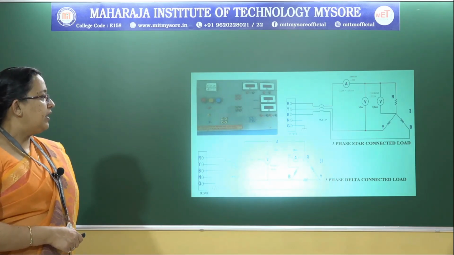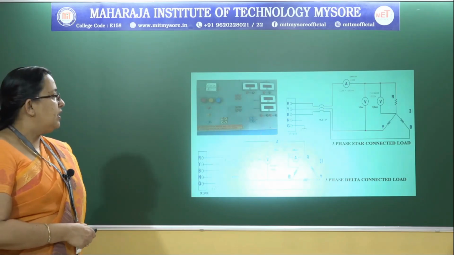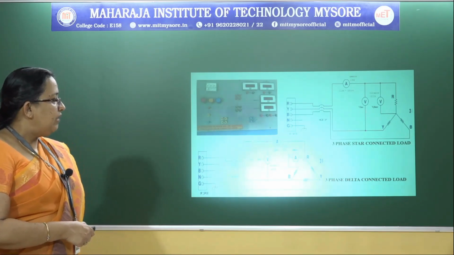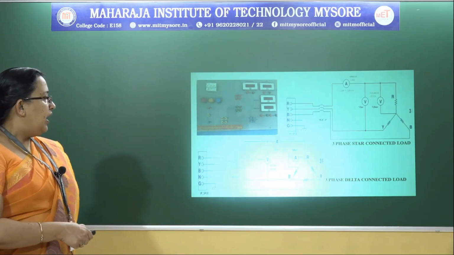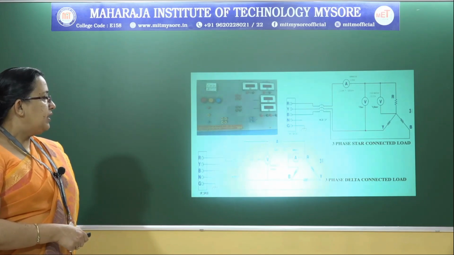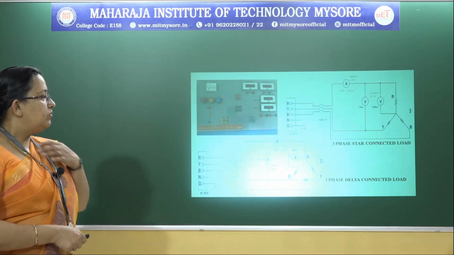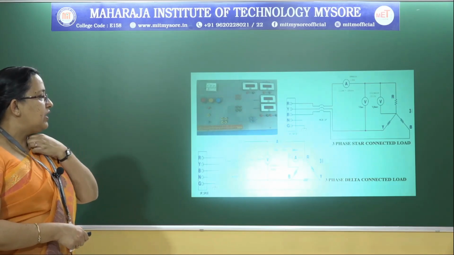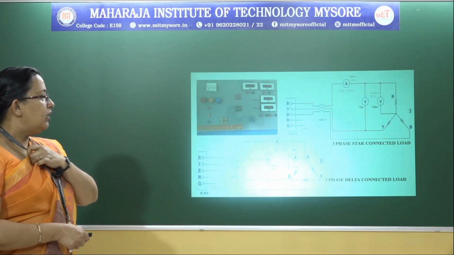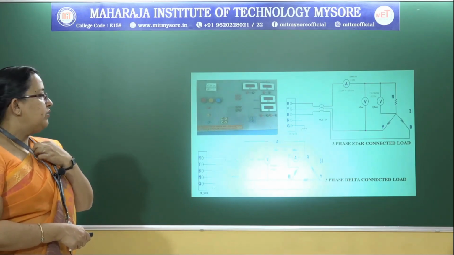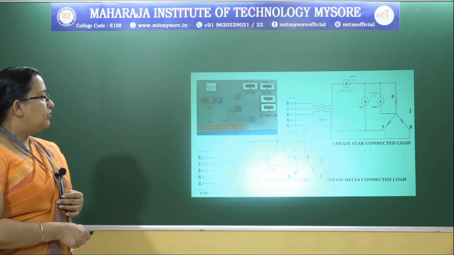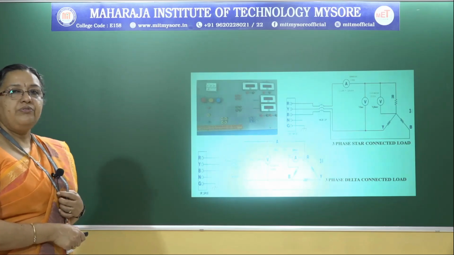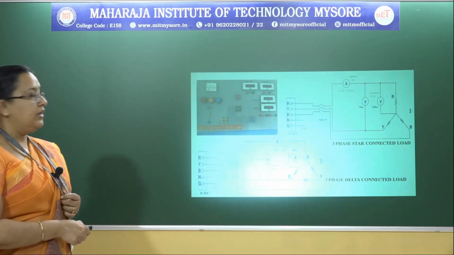And for the ammeters, we require two here. One is connected in the line. This ammeter measures the line current because it is connected to the R phase. The second ammeter is connected between R and B, in series with the load, so it measures the current through the load. The voltage which comes across the load connected is what we call the phase voltage here. So this ammeter gives us the phase current and this is the line current.